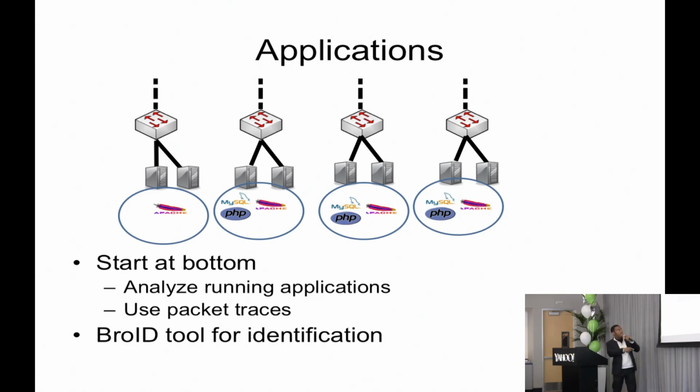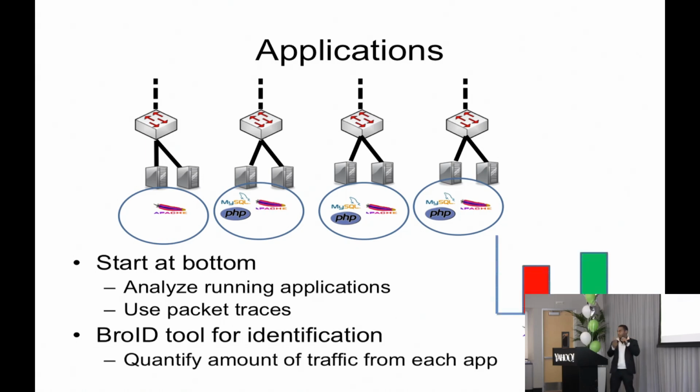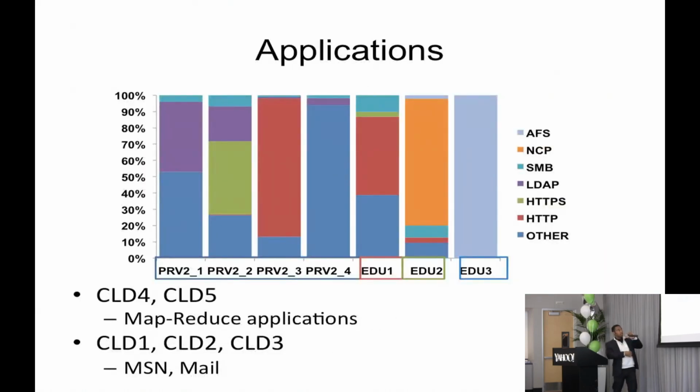And so the graph here just basically has the private data centers and the university data centers. Each bar tells you how much percent of traffic, and it's color-coded by the actual applications. And the main takeaways is in terms of these private data centers, educational data centers, what you actually end up seeing is a lot of HTTP, HTTPS, and if you think back, it's all of your line of business applications. Those are all kind of run off of web servers. And then you'll also notice in the universities there's a large amount of file system traffic. So basically in the private you notice HTTPS, HTTP,